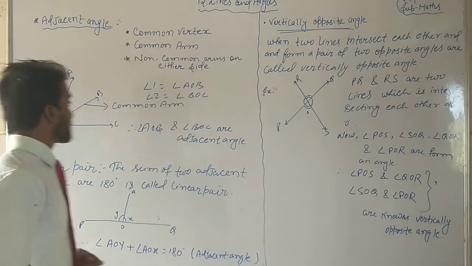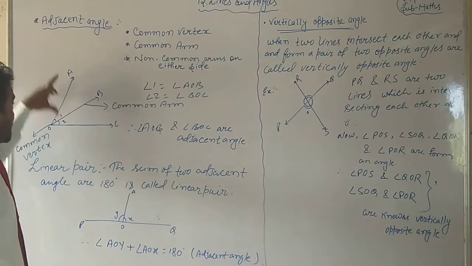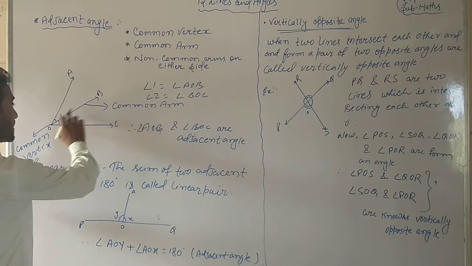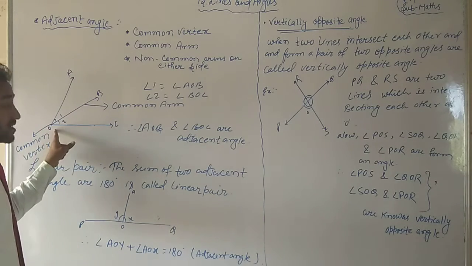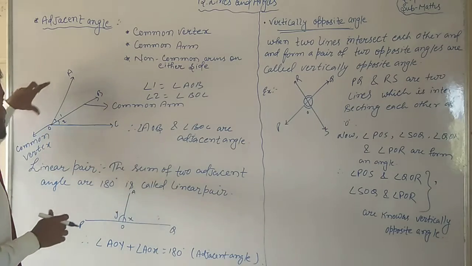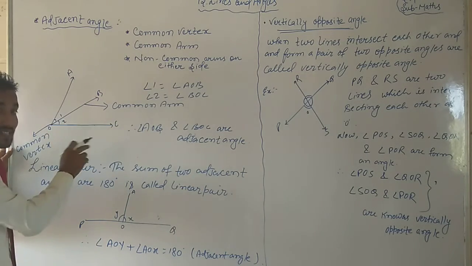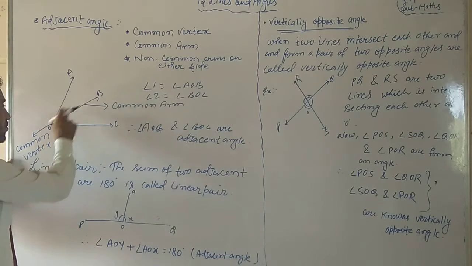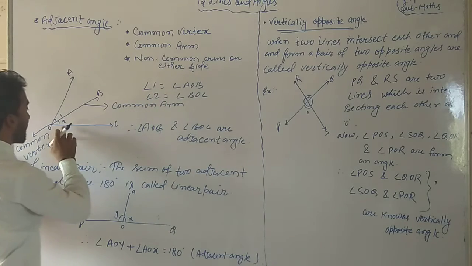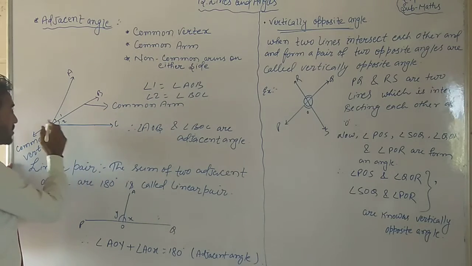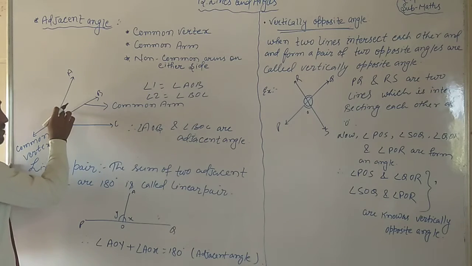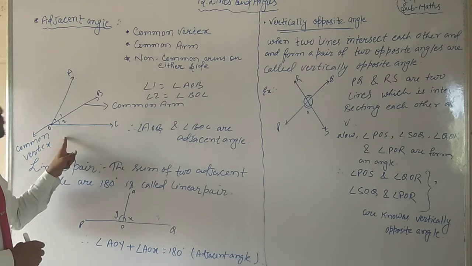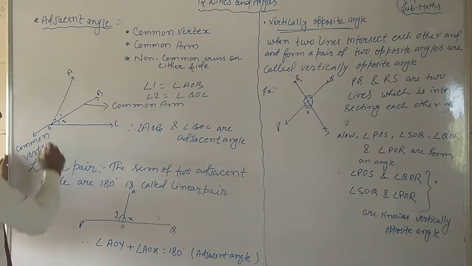Let's see how. Suppose this is a figure: A O C is a line, with one line segment in between, that is B, and the center is O. See angle 1 and angle 2. Two angles are forming. Angle 1 is angle AOB, and angle 2 is angle BOC. For both angles, the common vertex is O, which helps to form the angle. Students, be careful, this is the common vertex.